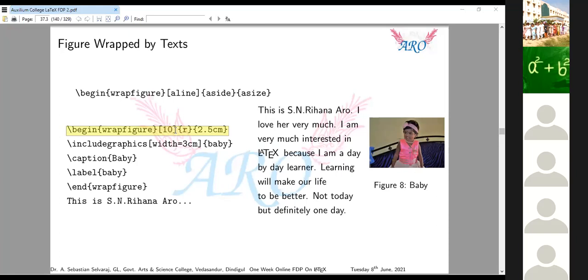You may omit this optional bracket. What is the meaning of 10 lines? This figure appears within around 10 lines. Line means rows, not columns. Counting row wise, 1, 2, 3, 4, 5, 6, 7, 8, 8 rows are there, that's fine.